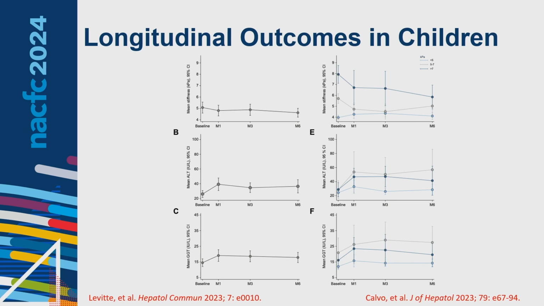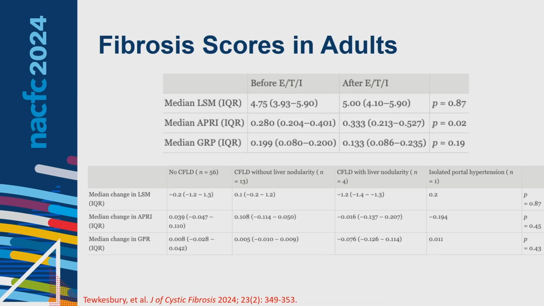Similarly, when we look at elastography from one of the Italian groups, maybe those that had more advanced involvement, higher liver stiffness, maybe they improved a little bit, but really what you're seeing is lines that are pretty flat and, again, stay normal to normal. Similarly, when we look at fibrosis scores in adults out of, again, the Manchester group, we don't see anything that's really different. There is a little statistically significant increase actually in APRI, but still not to levels that we think are really clinically important. So again, I think the data for ETI that we have is pretty stagnant and neutral. Don't see things getting a lot worse, don't see things getting a lot better. But the reality is this is a waiting game. We don't know. We can't answer this question.